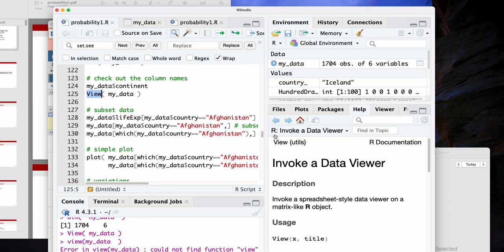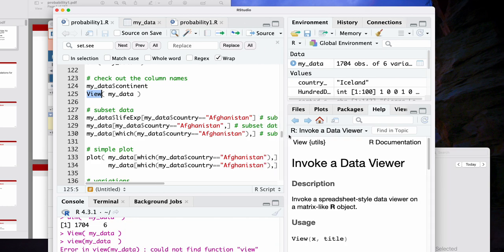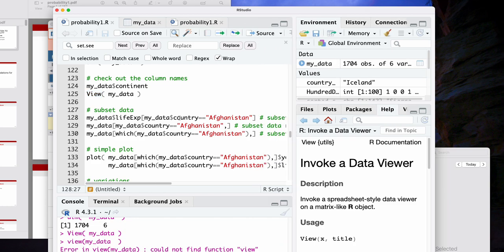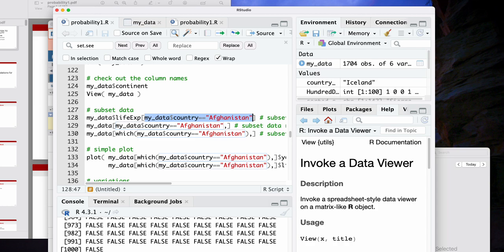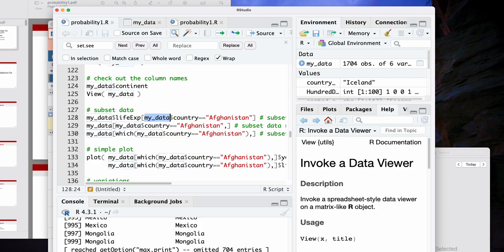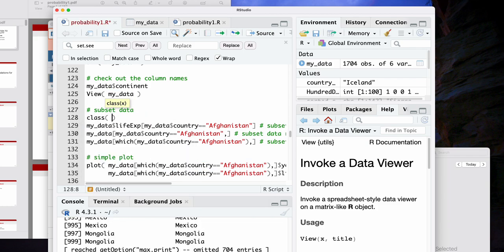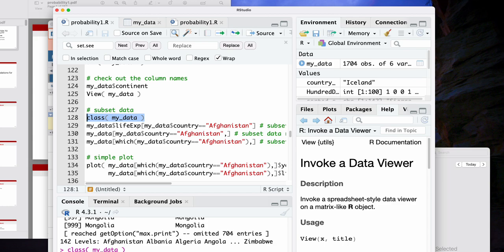Okay, so now, some of this may be new to you, some of this may be old to you, but it's never a bad idea to review. So we're going to do some reviewing. We're going to subset the data. Remember, some of you might remember generating logical statements. One way that you can access the column elements is... so what's the class of this? The class of this is basically a data frame.